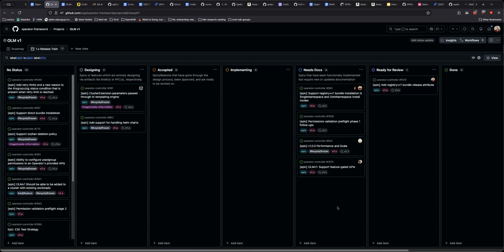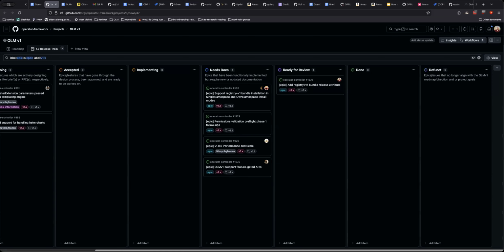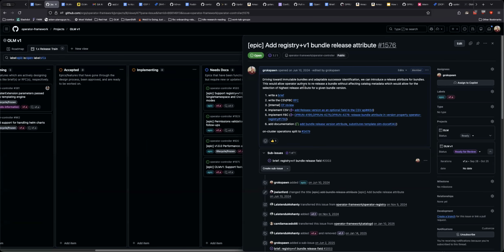Okay, so let's take a look at the board real quickly. We'll walk status from right to left. So I moved 1576 here to ready for review because I did two things actually on this one in the last week. I split it